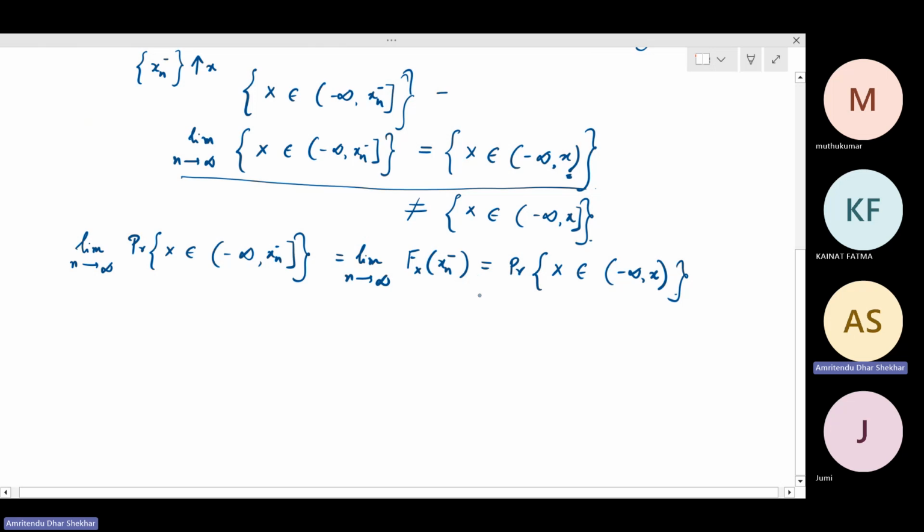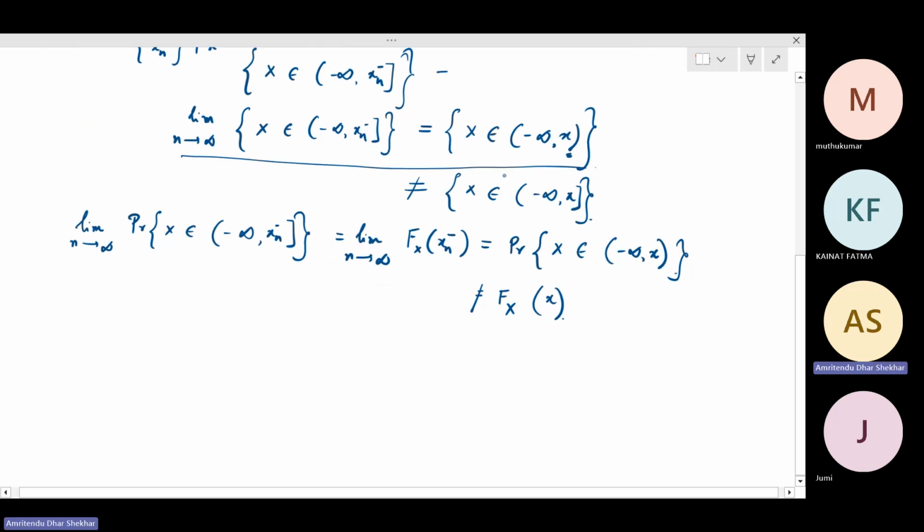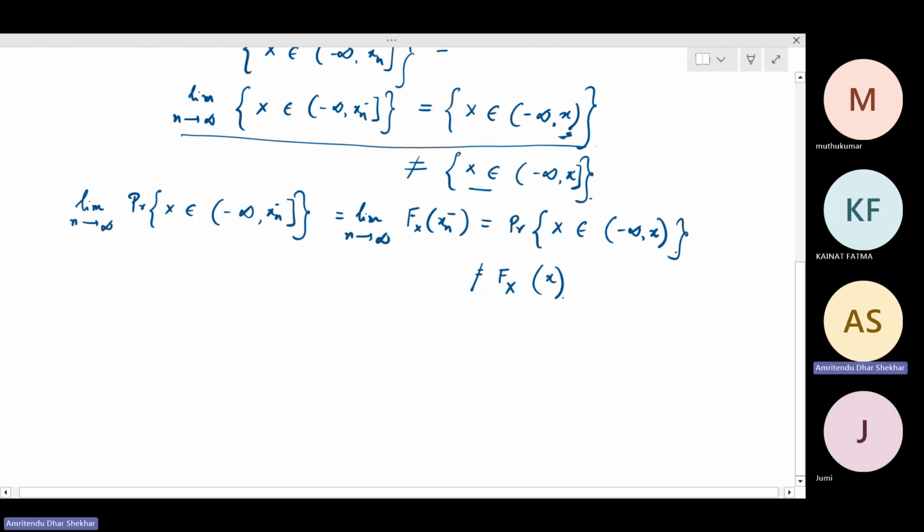And now this need not be equal to f of x of x. So the difference between this set and this set is just in this point, at this point x. So in order that continuity must hold at x, we require that probability of x belonging to